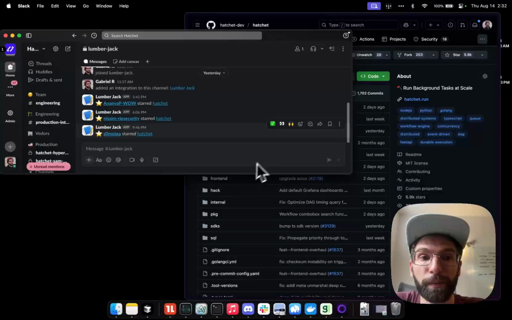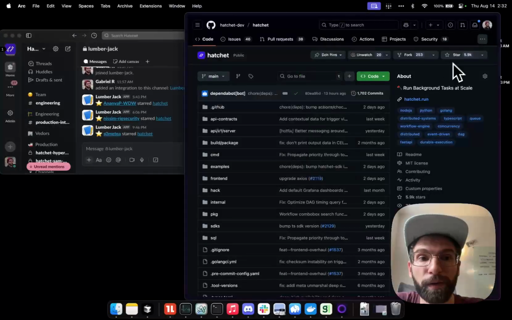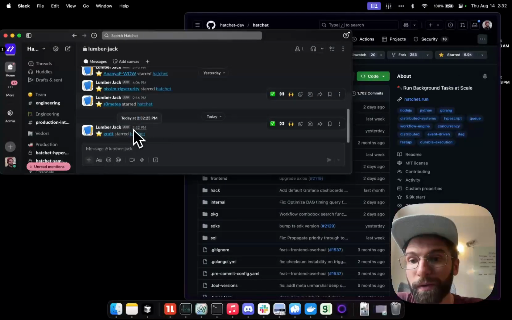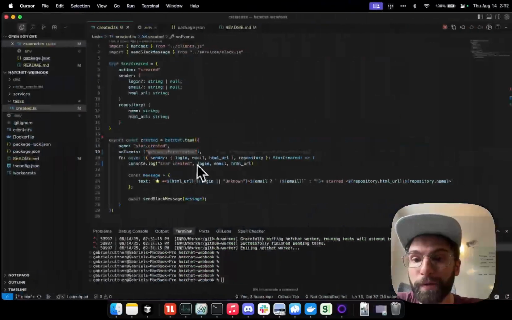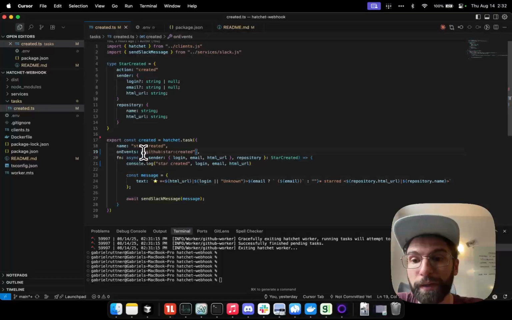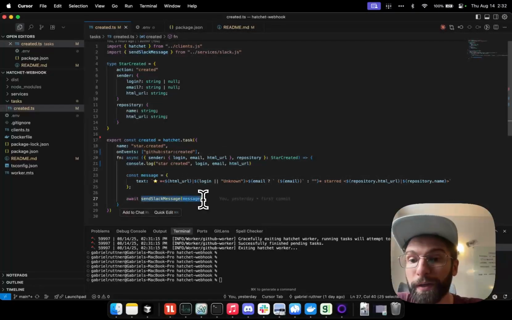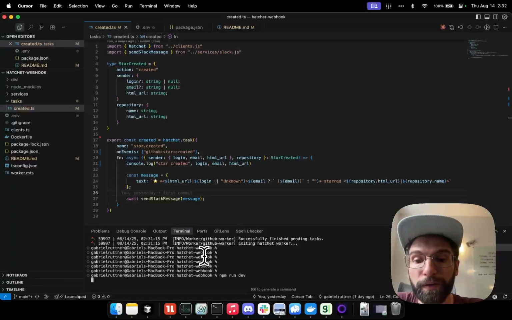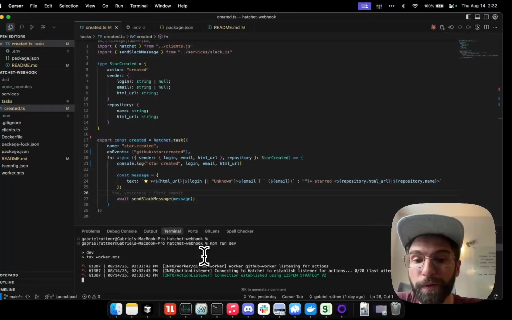Let's take a simple example service. Here we've got something that's listening to GitHub stars. So if I click the star on this repository, I'll get this Slack notification immediately that someone starred my repo. The code for this is extremely simple. There's a single Hatchet task that's listening to a specific event and then basically just writes that message as a POST request to Slack. Let's go ahead and start this worker and see how we configure this within the Hatchet